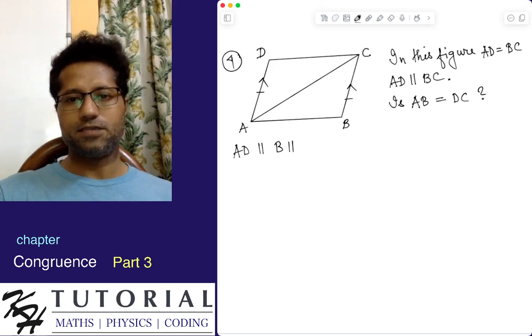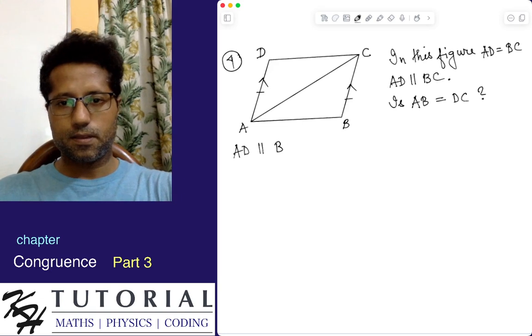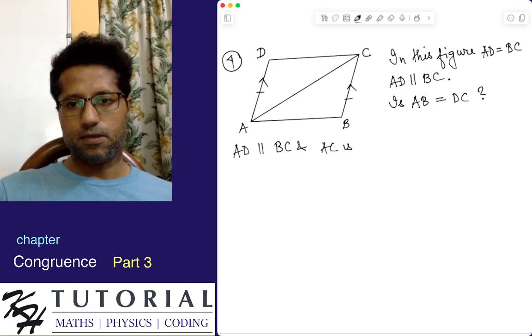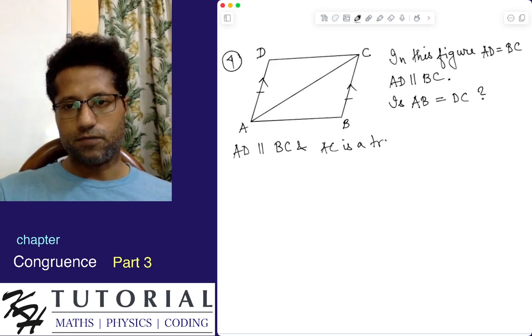From the fact that AD is parallel to BC and AC is a transversal,